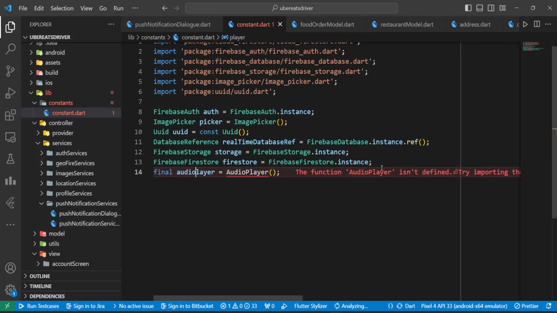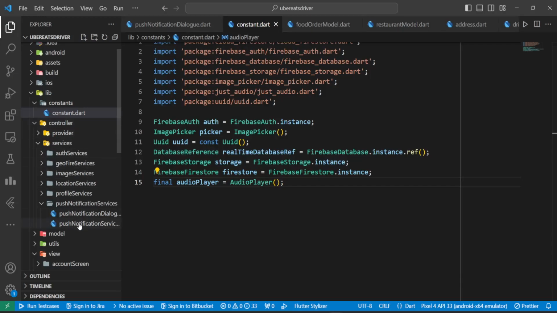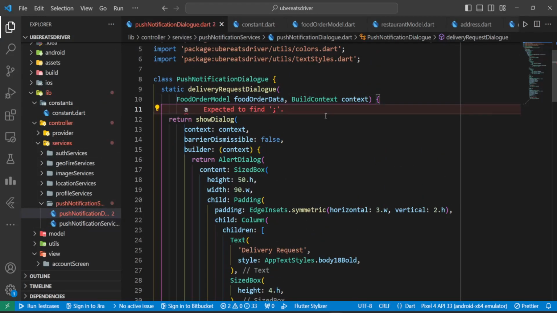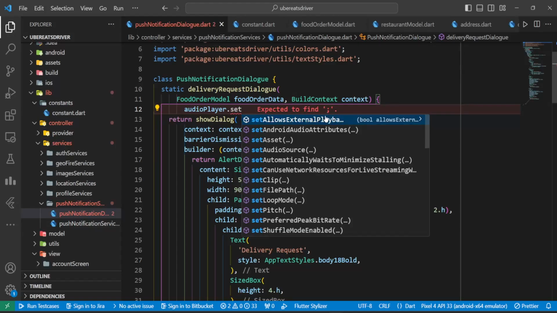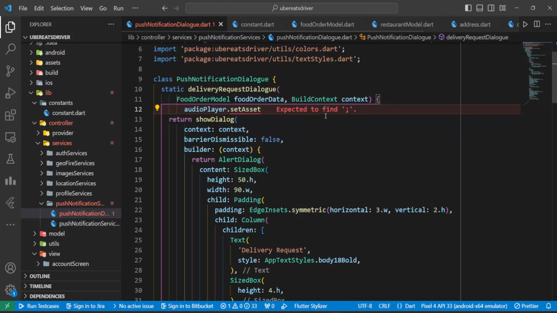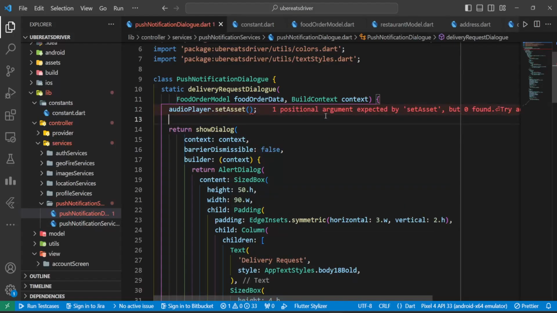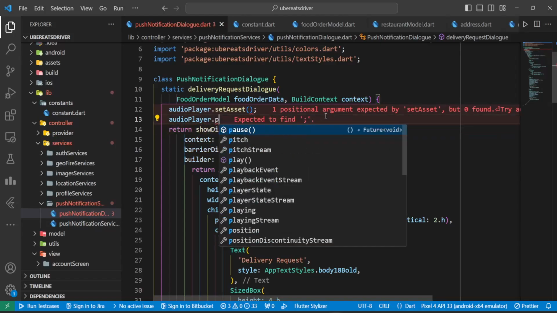We'll go with audio player equals audio player, and here we'll import the package. We will go to push notification dialog, and here we'll go with audio player dot set asset, and here we have to pass the directory, or you can say path. And after that we will go with audio player dot play,